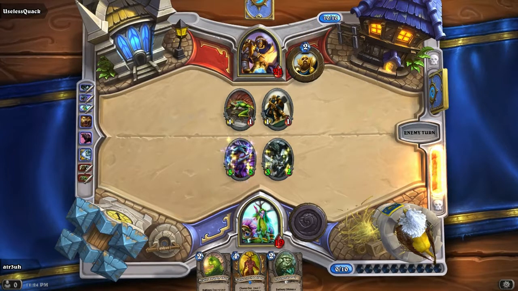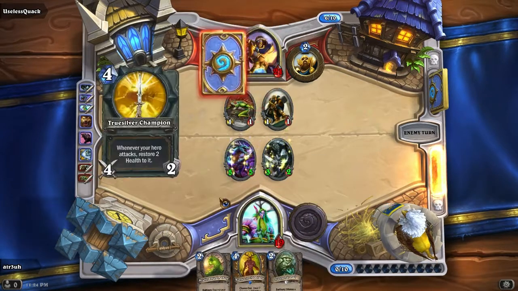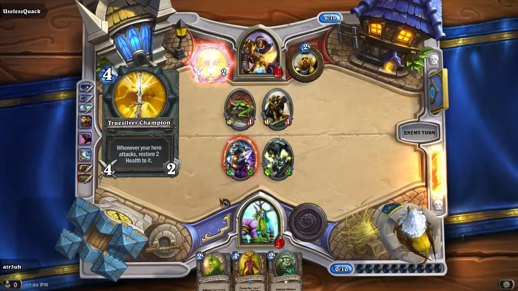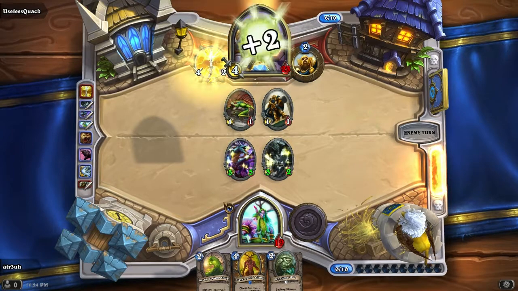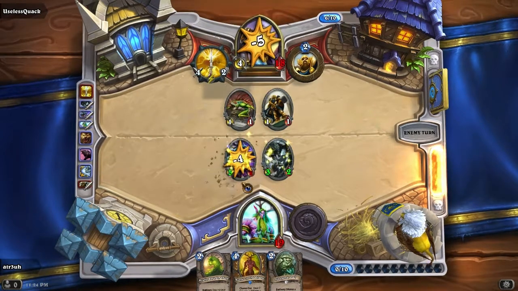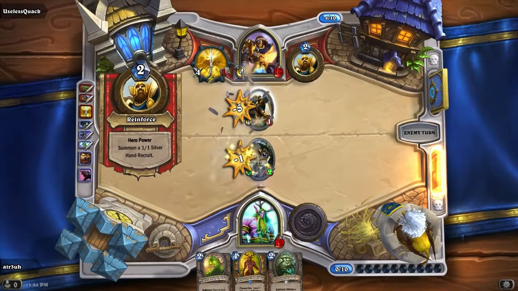So we gotta get all these guys out as soon as possible. I mean, that's 4, 5, 6, 7, 8, 9, 10. We can run everything out next turn. True Silver Champion goes out. That's excellent. We're gonna break it with our Acidic Swamp Ooze. He's gonna swing at what, our Worgen? No, our guy. Okay, so he takes 5 damage to the face, kills it off with that, and keeps his